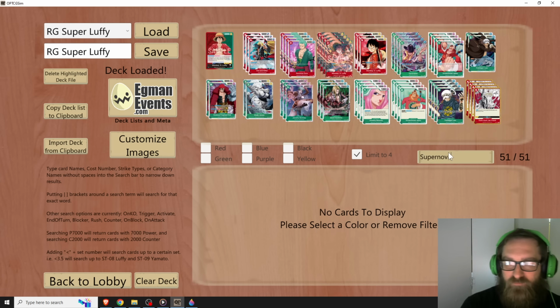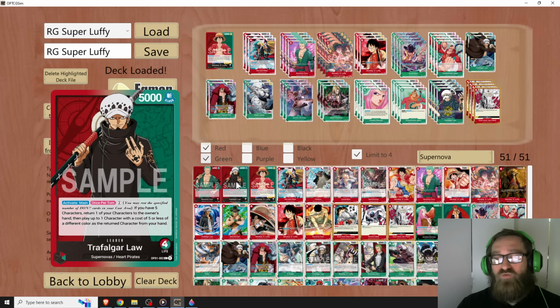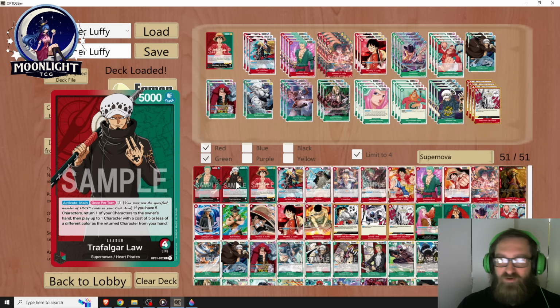Supernova, red, green. I actually might want to mess with red-green Trafalgar Law film coming up soon here. Like RG film Law or something like that. I have messed with it a little bit, but not since I've made the revisions that we just saw today with Luffy. Because if I can fill the board out consistently enough where I can pull cards back,